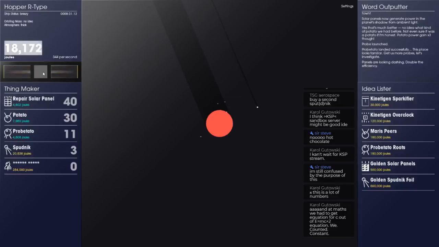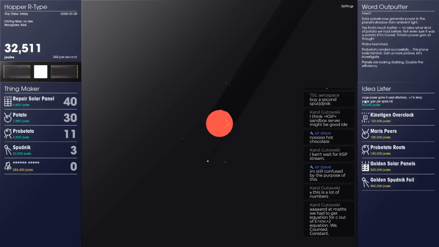Okay, the clicks are real. A Sputnik or kindergarten sparkifier? I think we're going for the kinetigen. 23. Oh man, this is long. What can we do to speed this up? Obviously buy stuff, like crazy. But what would be the most efficient use? I mean, we could buy another Sputnik. I'm not sure what the sparkifier over here does. Large power gains if used effectively.